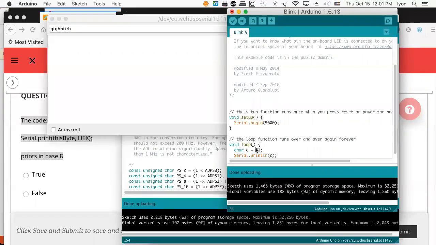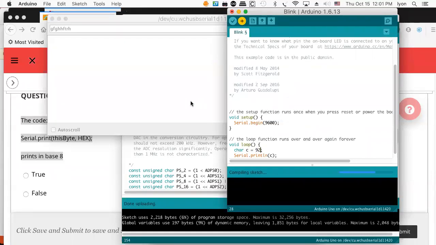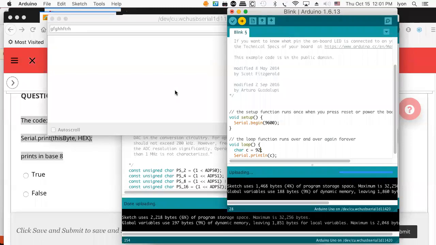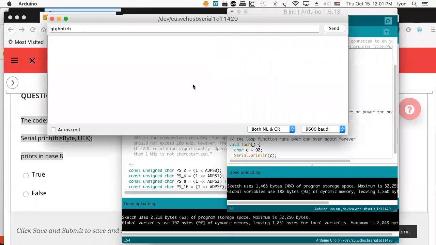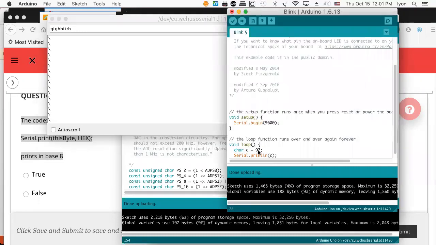What if you did 92? That should work, right? Yep, there it is, backslash. So backslash is ASCII code 92. So that kind of works out. In fact, you can probably convert an arbitrary character like exclamation point into an actual number